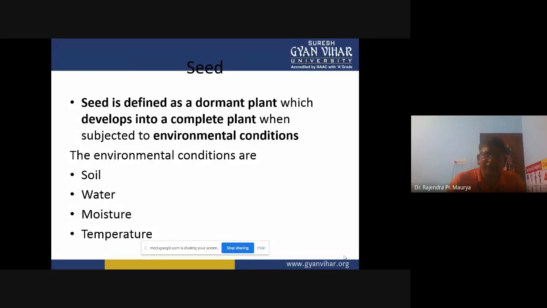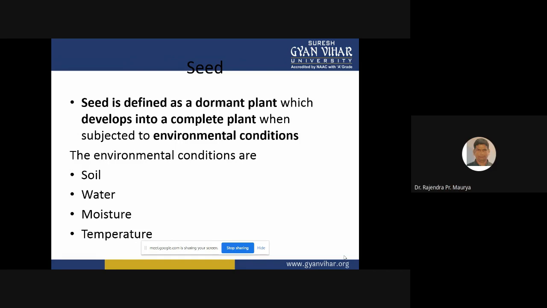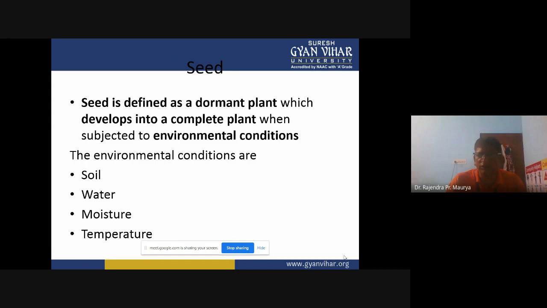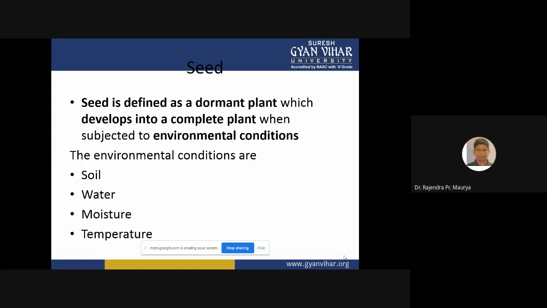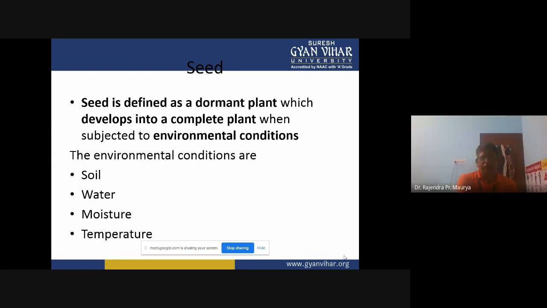And relative humidity also plays a very important role, and moisture, yes, moisture plays an important role. And in terms of aeration, oxygen and carbon dioxide are important for photosynthesis, and oxygen for respiration. And in terms of the soil, it's better to use the term growing media instead of soil, because soil is the natural growing media.